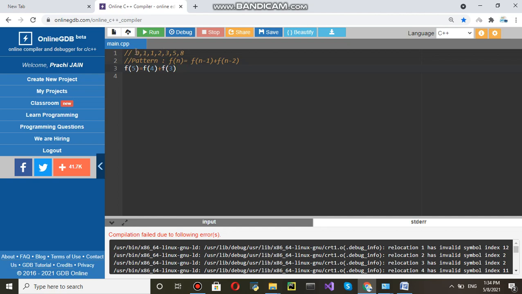So indexing, if you start from 1, so here it will come 1 2 3 4 5 6 7. Okay, so n starts from 1. This is the logic. N counting starts from 1.